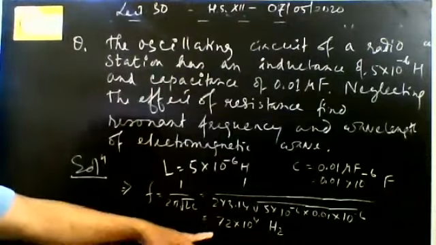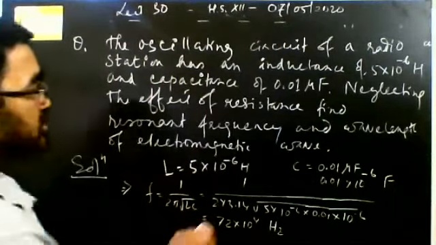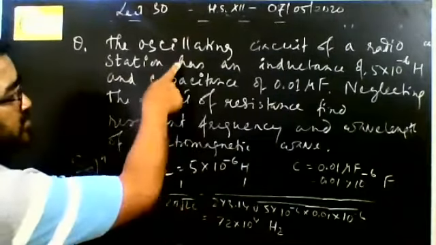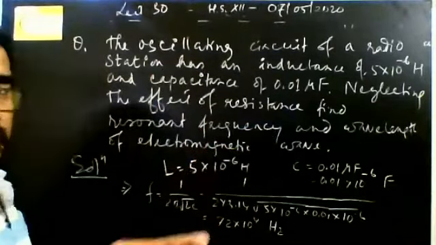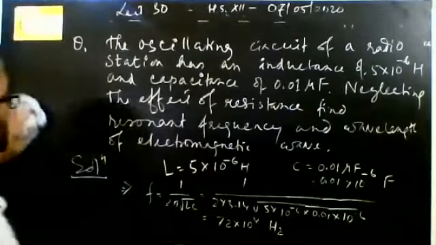The next question is to find out the wavelength. How will you find out the wavelength? Because this is a radio frequency. This is a radio wave. Radio waves move with the velocity of light. So you have to find out